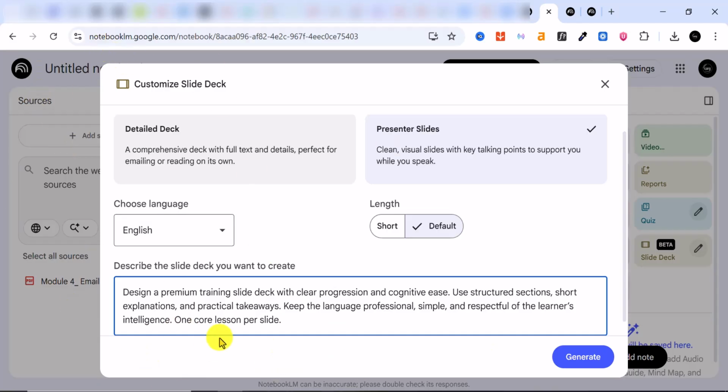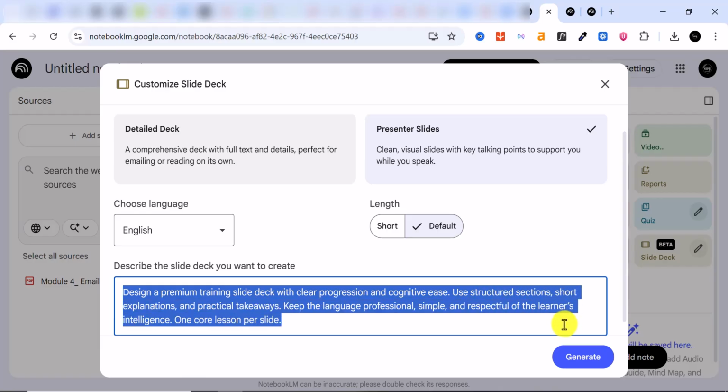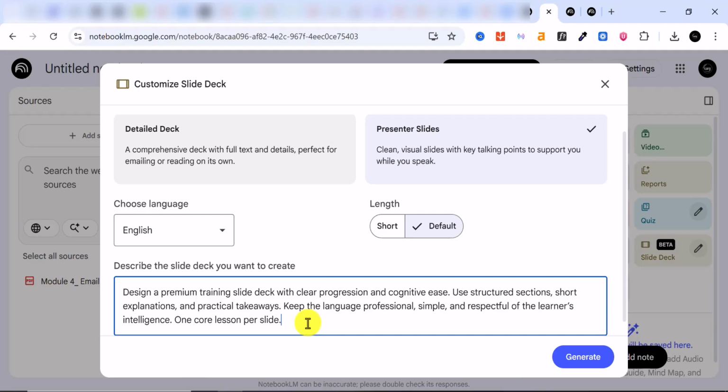All right, so here I want to tell it exactly how I want this slide to be. So this is my prompt. I can add other things like maybe the color that I want it to use, the kind of branding and the tone and a whole lot of things. But again, I am very okay with this my prompt, and all I have to do now is click on